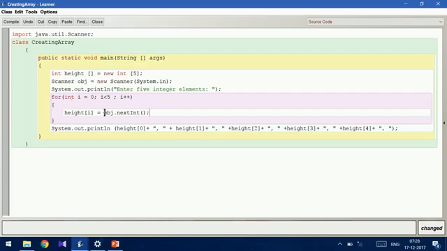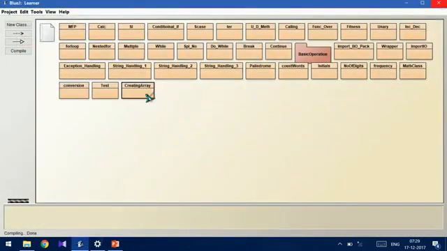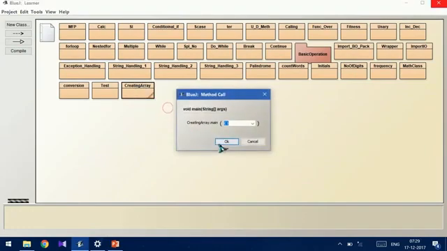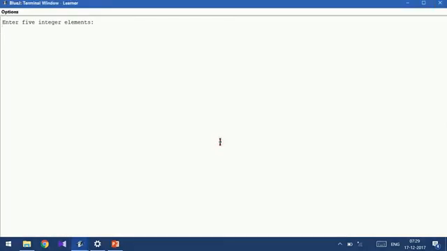So it will store the values given by the user in each block. Now let us compile this. No syntax error, so directly we can give the values now. Enter the integer elements. I just give 150, 145, 175, 185, 165.